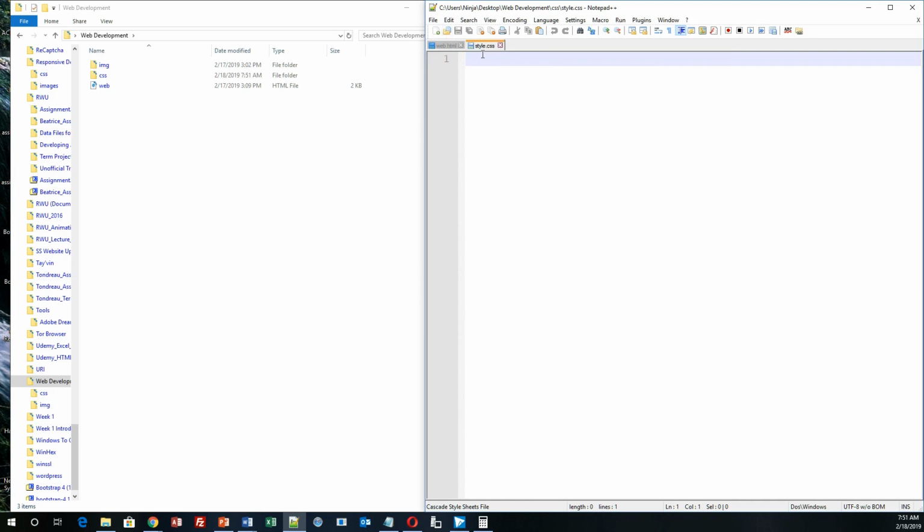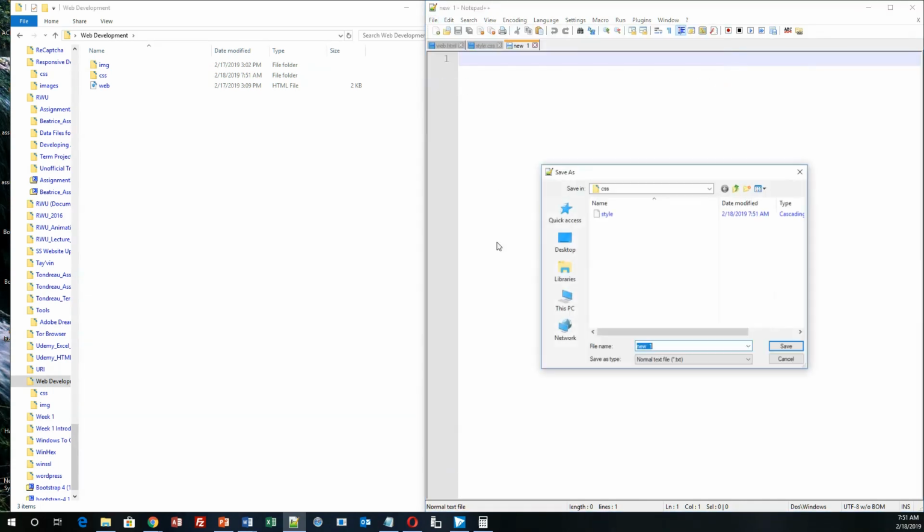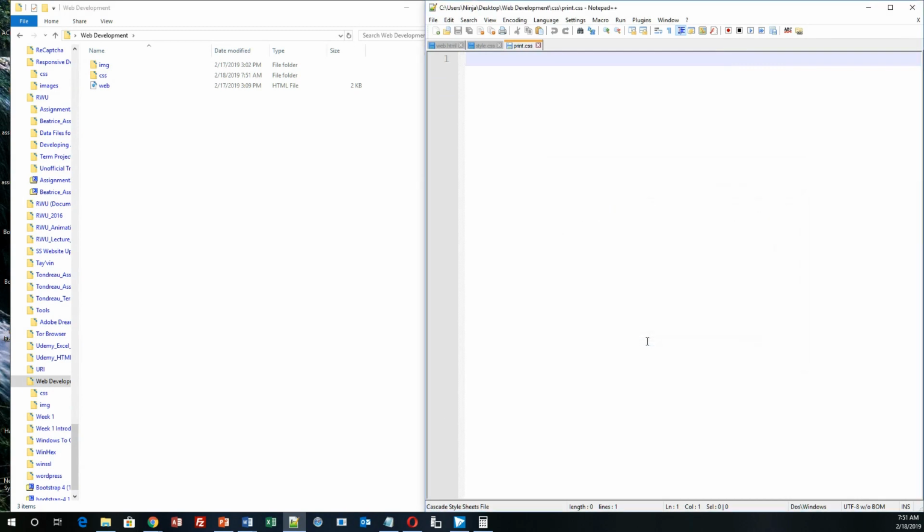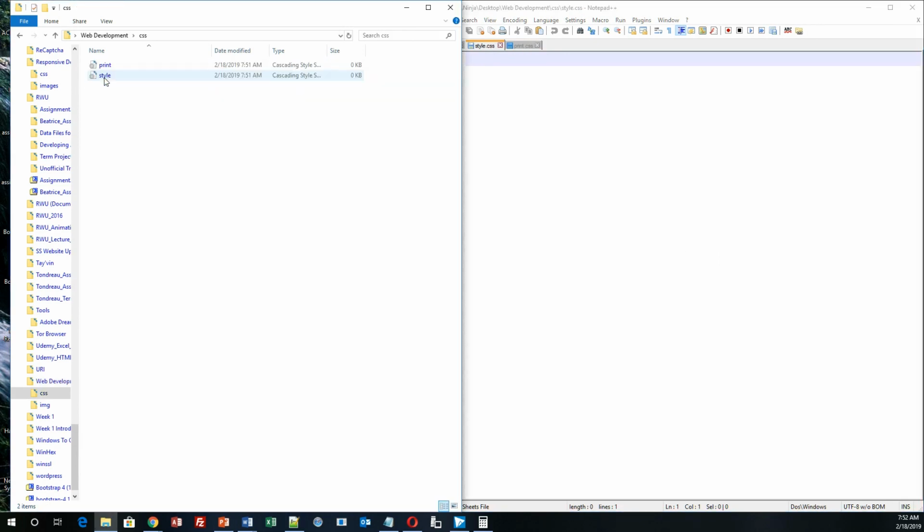Okay, so that is my first page that I will be utilizing for CSS. I'm going to create a new page, and I'm going to go to File, Save As, and I'm going to name this one print.css. Again, I'm creating two style sheets, one to simply style my page, and the second one for effective printing purposes. So when I click on the CSS folder, you will notice that I have two CSS documents, one of them to style my page and another one for effective printing purposes. So let's start first with our